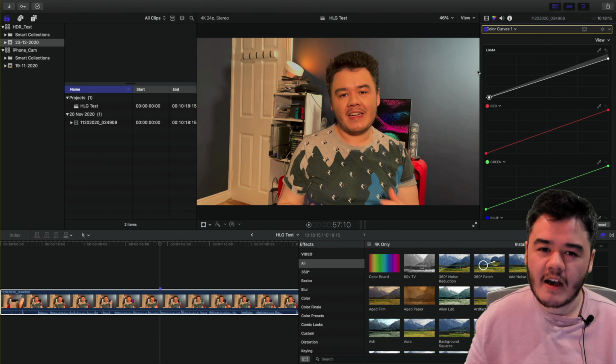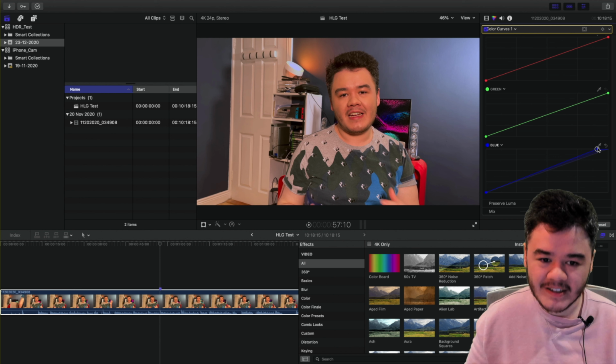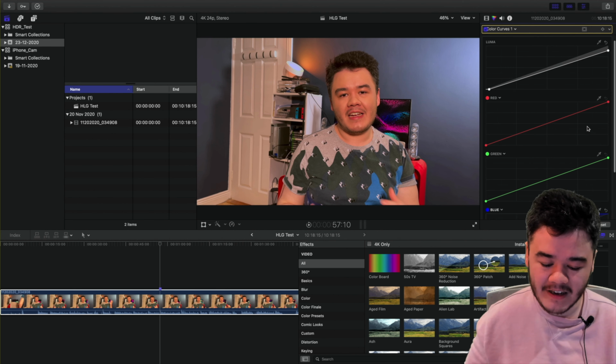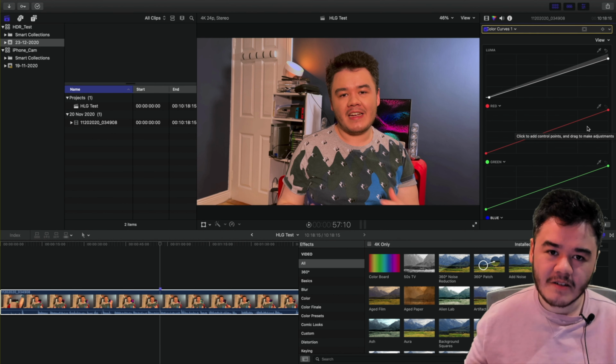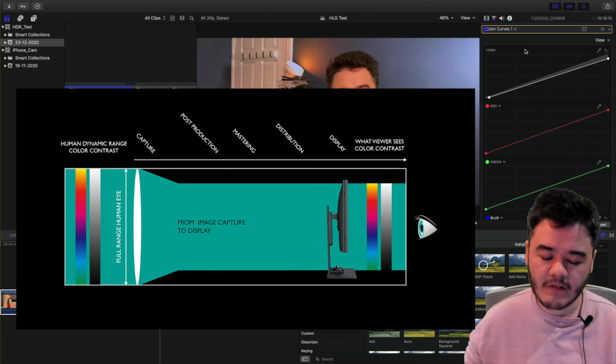Also, these walls behind me are navy, so I'm going to go ahead and just boost that. Again, you have so much more color gamut with Rec 2020 compared to Rec 709. I do think it can be throwing people for quite a loop, because it's HDR, so it's not recording in Rec 709.